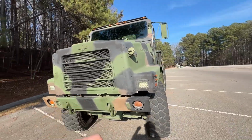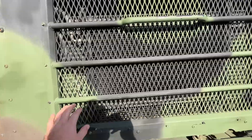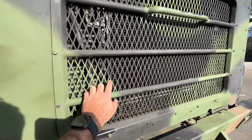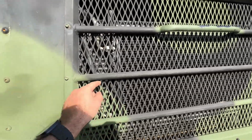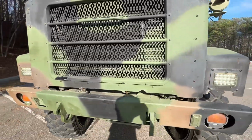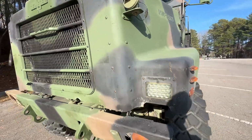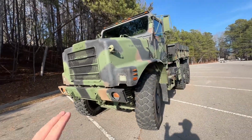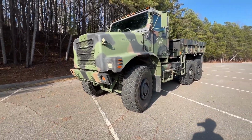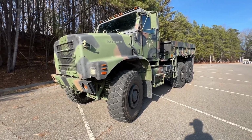Another thing is all MK trucks, or A1 trucks, came with air conditioning as well. So you'll be able to see the AC condenser here has your AC lines, and it's right behind the grill. You'll also notice that there is a grill spacer plate in here. From my knowledge, there's only 2 ways to get AC on an MTVR. Either A, they put an aftermarket AC kit on it,